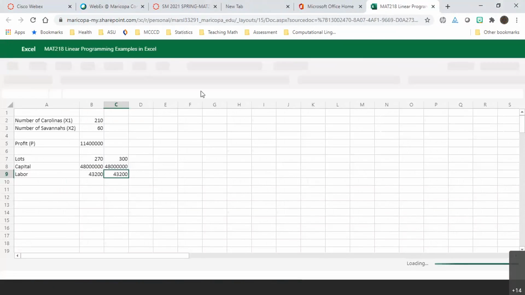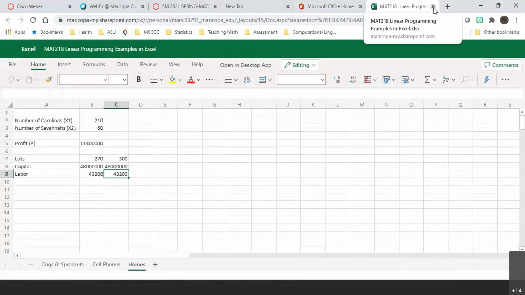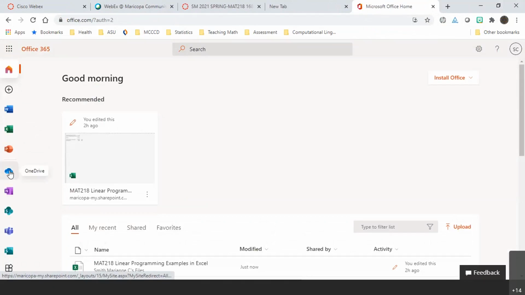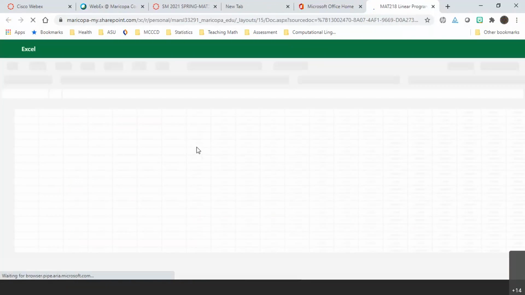Okay, if you're opening a brand new spreadsheet, you'll see, let me go back over here and show you. I'll close that one. See these over here? These are all the components for Office 365. You've got Word, you've got Excel, PowerPoint, okay, OneNote, everything that Microsoft offers as part of their cloud-based product, okay? So if you can get here and you can log in with your Maricopa credentials, you've got Excel, right? So the first time, you would probably click on a new Excel file, okay? And that would open up a brand new spreadsheet. I've already got one that I've been using, so I'm just clicking an existing spreadsheet,